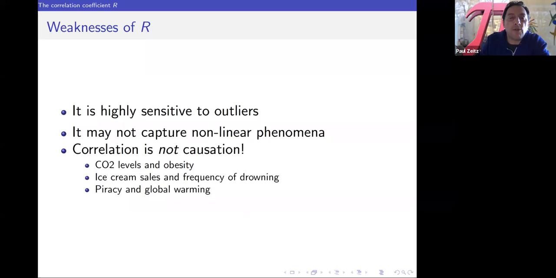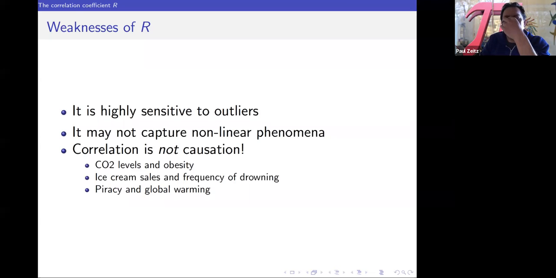And then the favorite one that we use in all of our statistics classes is looking at different days of the year, and looking at how much ice cream is sold and how many people die of drowning. Again, you could say, oh, ice cream seems to be a risk factor, and if you eat ice cream, you might drown. But no, you eat ice cream in the summer when people are swimming, and when people swim, some people get unlucky.